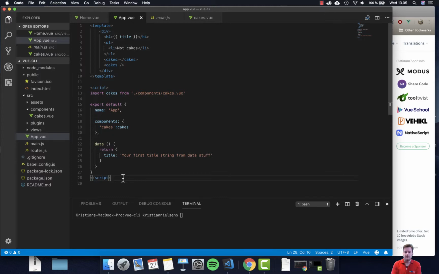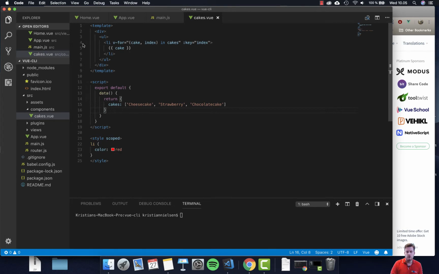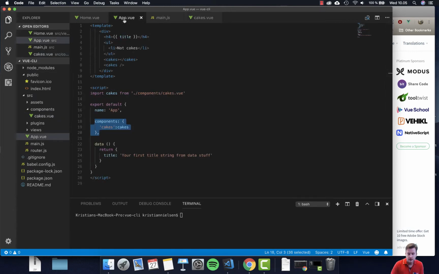Let's look into what we just did with our components. We created a component called cakes.vue and we registered it right here. And then we printed it out through our components, the subcomponents here called cakes.vue. And that's all whoopty-doopty, right? So this is called a local component, or we're registering our components locally because we're only using it inside the scope